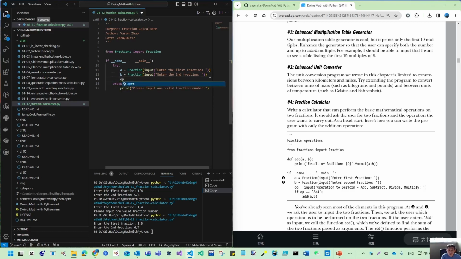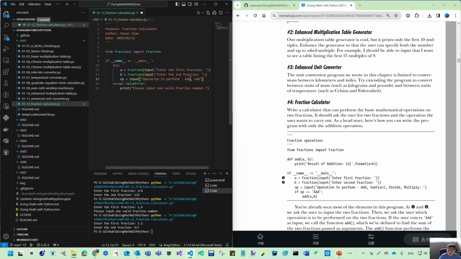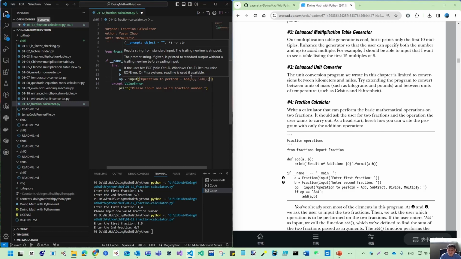And then this is our operation. Let's use input, operation to perform. So we put add, sub. We just don't need the user to make it long. Let's let the user input those operators. So multiply, it's x, and normally for multiply we can use this star, and then the divide. So if we got those,